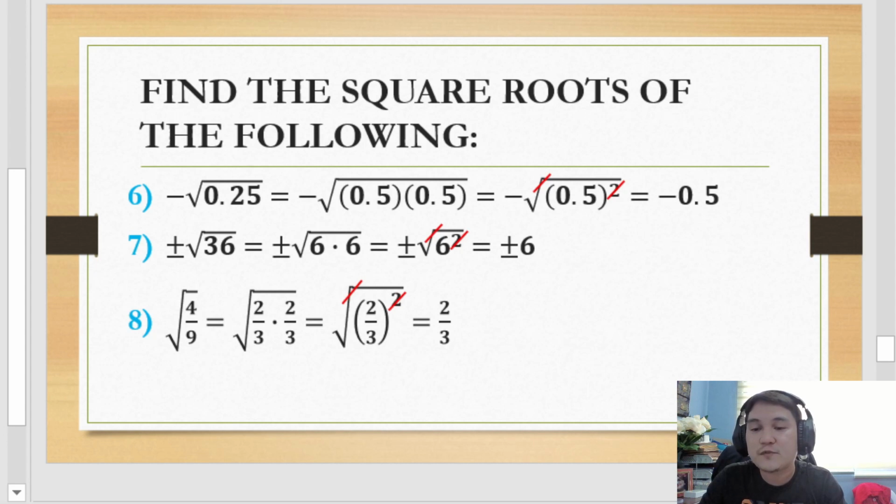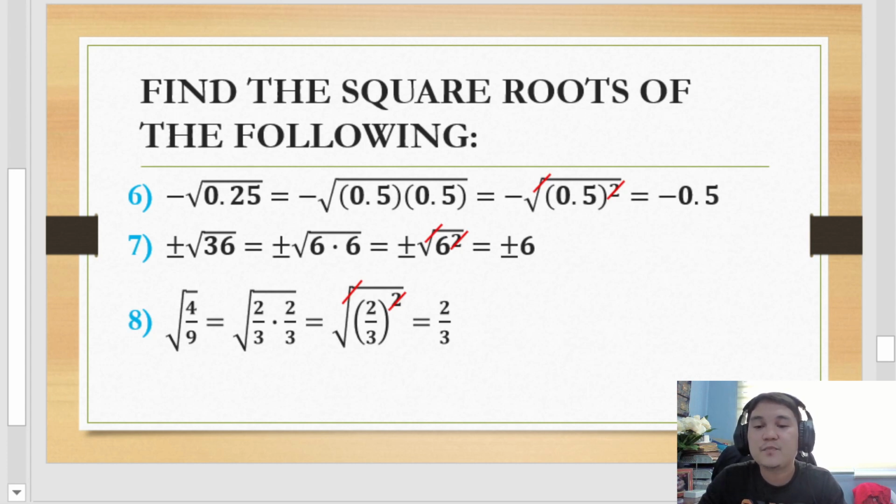And then change this 5 tenths times 5 tenths into its exponential form. So that gives us quantity of 5 tenths squared, and then the radical sign and the exponent 2 will be cancelled out, and our final answer is negative 5 tenths. Number 7,